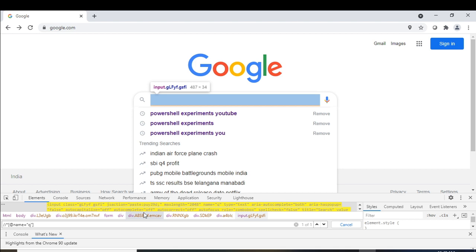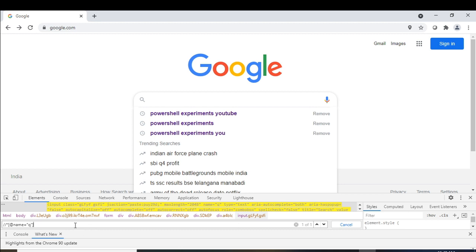Name is equal to q. Now you can see that it has a unique identifier, and it has only one element. You can verify this is the search box or input box where you can search. But before using Control F, you first have to click on the code portion, then only you will get this box, otherwise you will not be able to find it. If it had been two or three elements, it would have shown here. It is one of one, which means it is uniquely identified now.